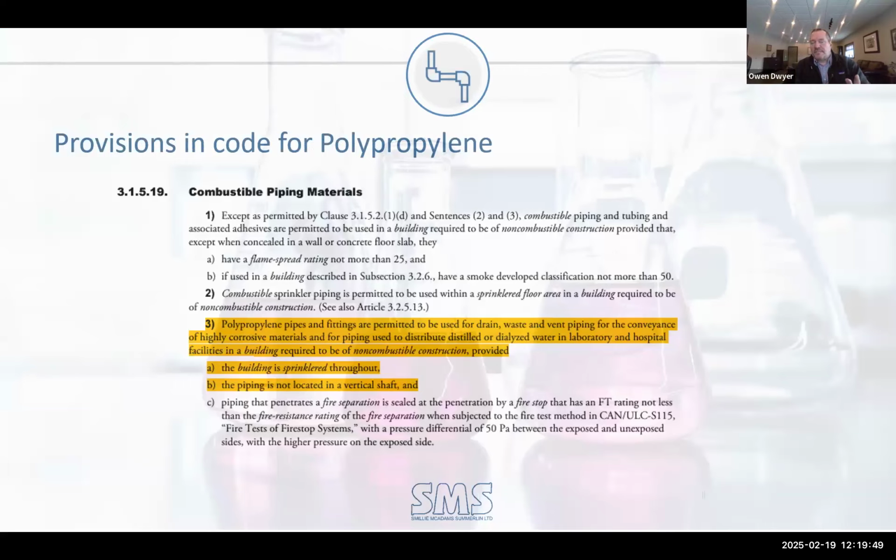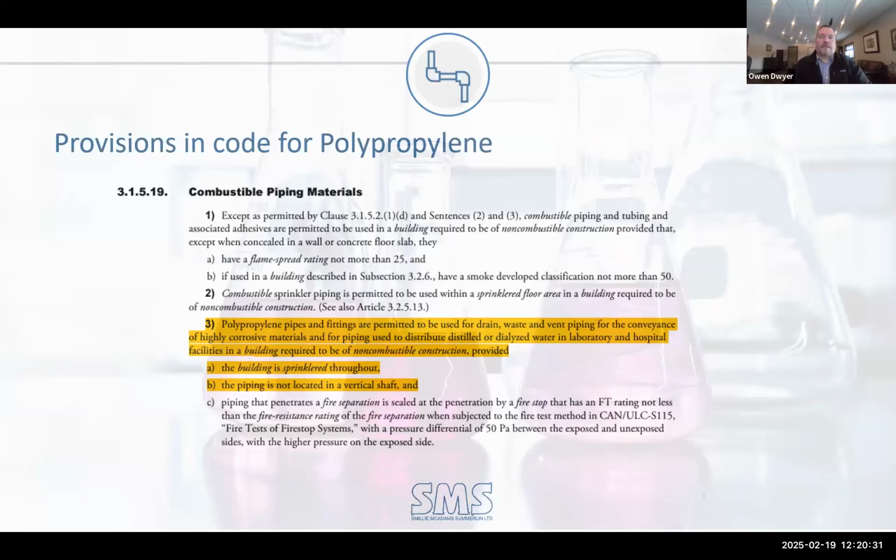It used to be under 3.1.5.16. It's now 3.1.5.19 internationally. And what this section is detailing is there was a weighing, or discussion, around corrosion resistance or chemical resistance of plastics and the flame spread requirements for a non-combustible structure. So I won't dwell on it too long, but there had to be a provision made in our code to permit polypropylene's usage in a non-combustible building because it does not meet the flame spread rating for